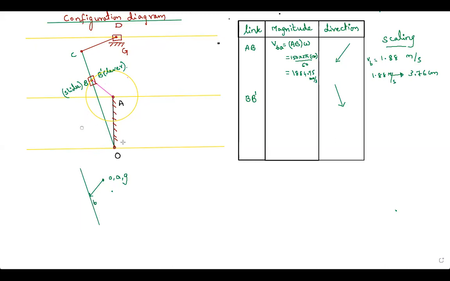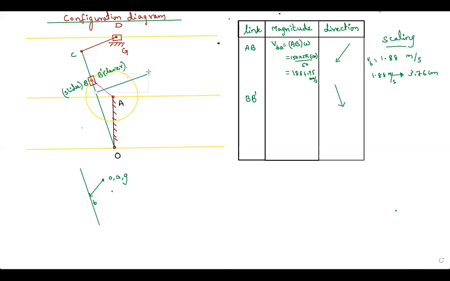The next step is to go to O B dash. Look at the diagram, you'll come to know. B dash is on lever O. So with respect to O, B dash is in pure rotation, right? So how will the direction be? The direction is perpendicular to the motion. So I can see B dash perpendicular to the link, right?